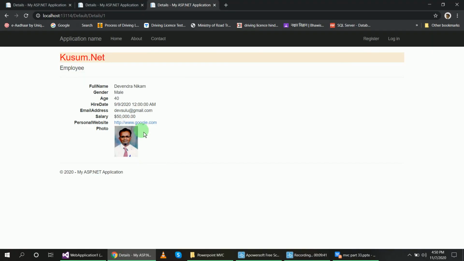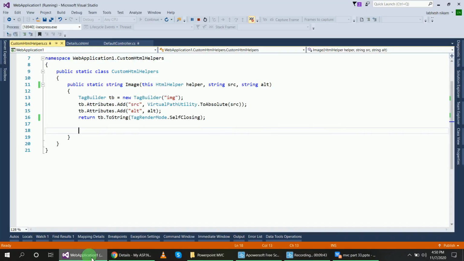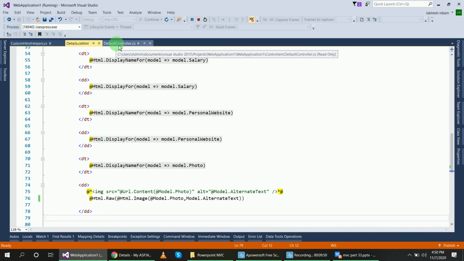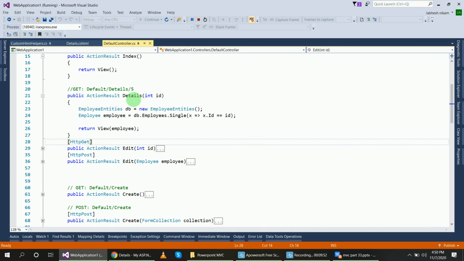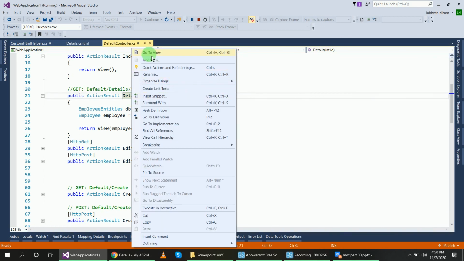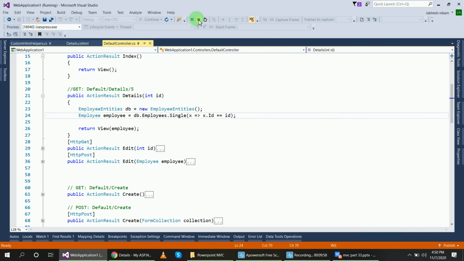For that you go to the view, use the string here, and create a page: right click and add a new ASPX page. But presently I have only the C# Razor option, there is no dropdown for ASPX views, so I cannot show you now.